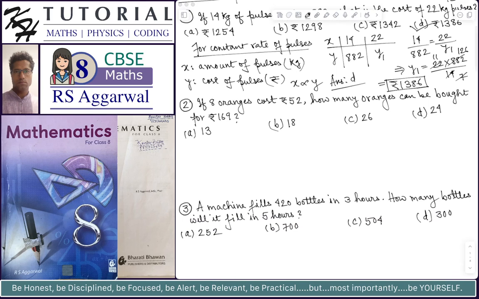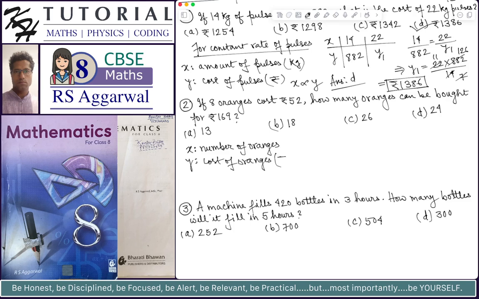If 8 oranges cost rupees 52, how many oranges can be bought for rupees 169? So the concept is same. We can say, if we consider X as the number of oranges and Y as cost of oranges